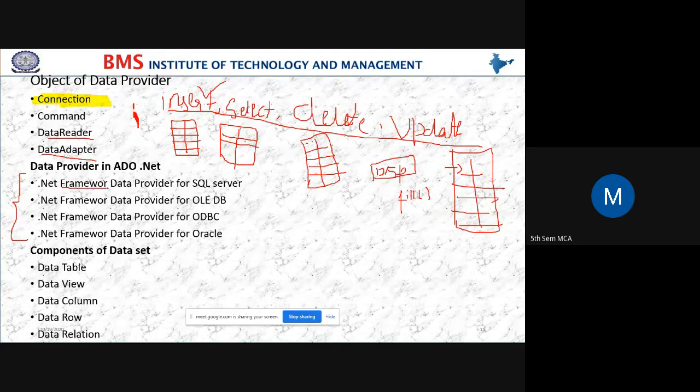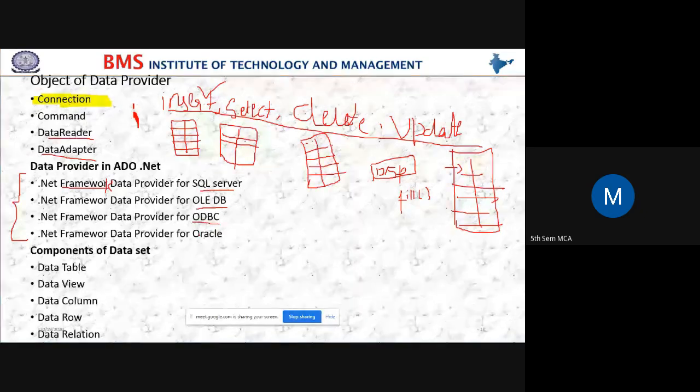This is framework. I have copy pasted, and here I have missed K. So everything I have copied. Here, .NET Framework. The data providers which we have in ADO.NET are SQL Server, OLEDB, ODBC, and Oracle. These four are the data providers we have in ADO.NET.